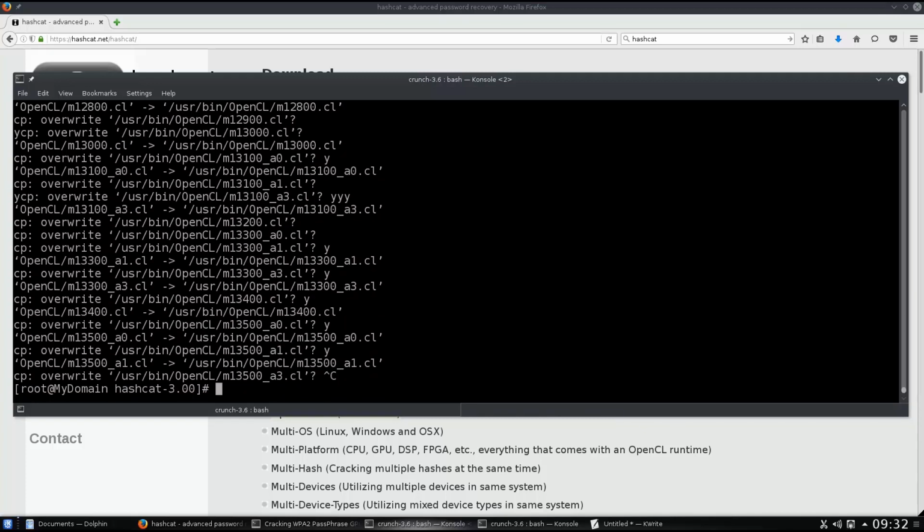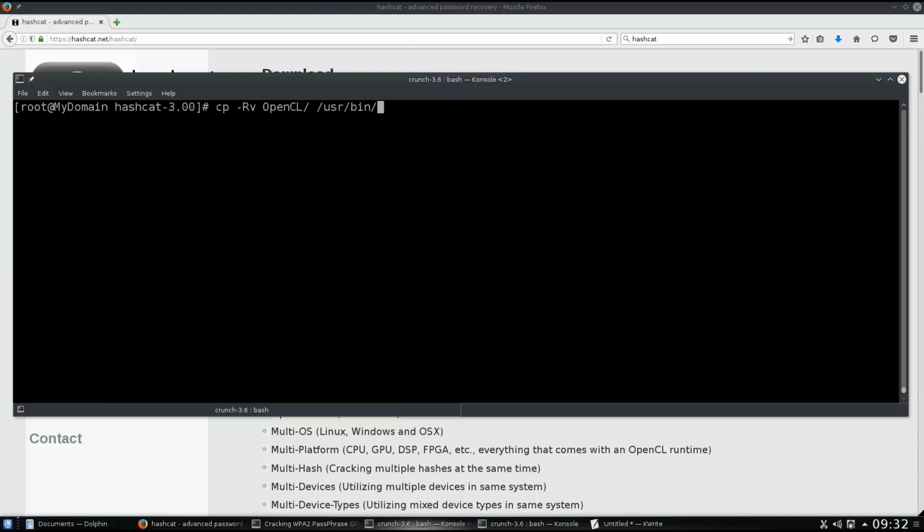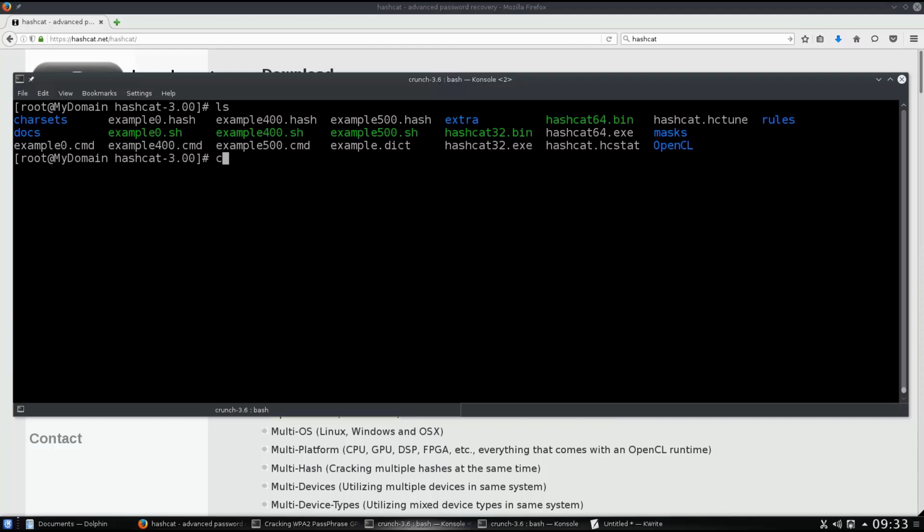Okay, forget about this. I already have the file. There's way too many of them anyway. So this is what you need to do. So cp rv opencl user bin. Okay, so ls. What else do you need to copy? Well, you need to go ahead and copy the